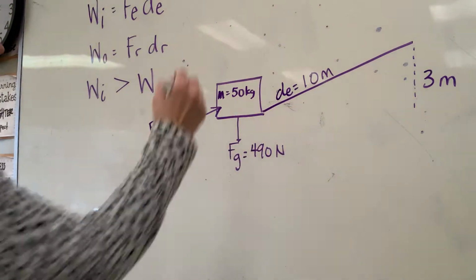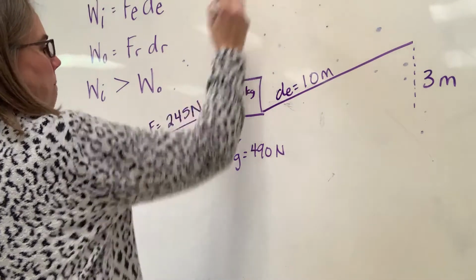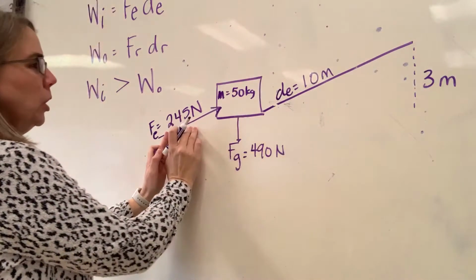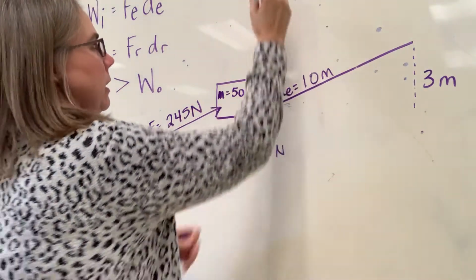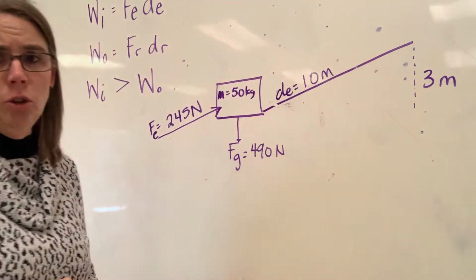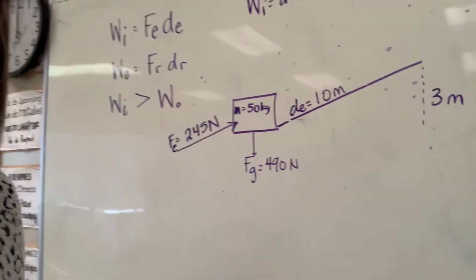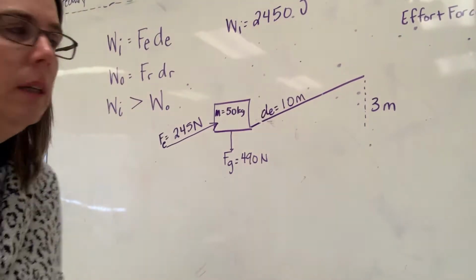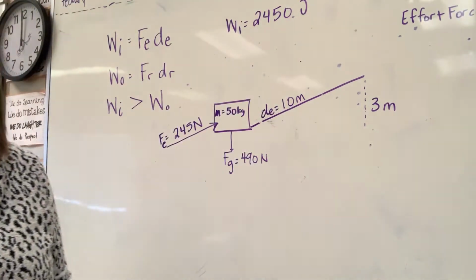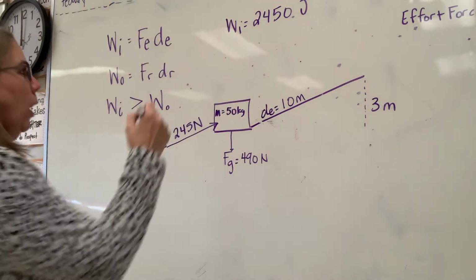So to calculate my work input, it's actually very simple. Effort force times effort displacement, 245 times 10, 2,450. Remember, work is calculated in joules. Let me back up a little bit. There we go. So again, 245 times 10, 2,450 joules. That's my input work. The output work,